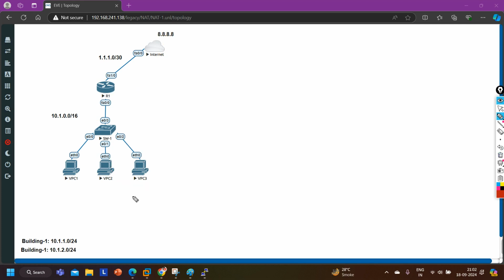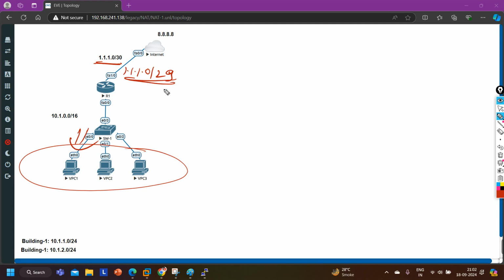Where are we going to use dynamic NATing? See guys, I cannot use one-to-one NATing for all the general employees so that they can access the internet, because then we would need lots of public IP addresses. So we came up with dynamic NAT. In dynamic NAT, what will happen? We can purchase a pool of public IP addresses from the ISP. Let's say I have purchased this subnet 1.1.1.0/29.